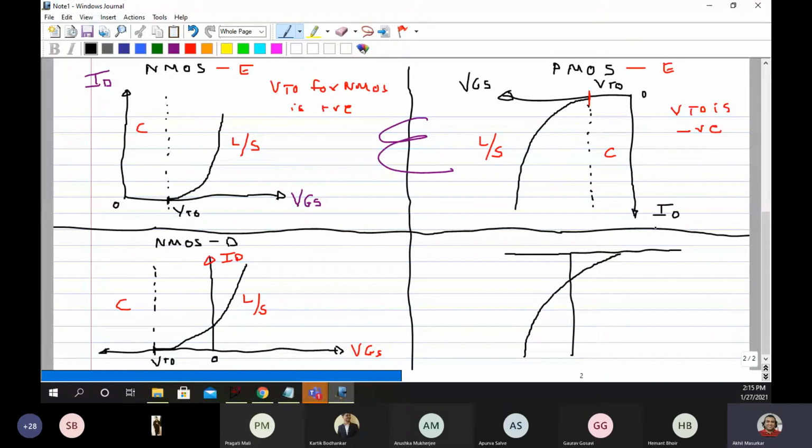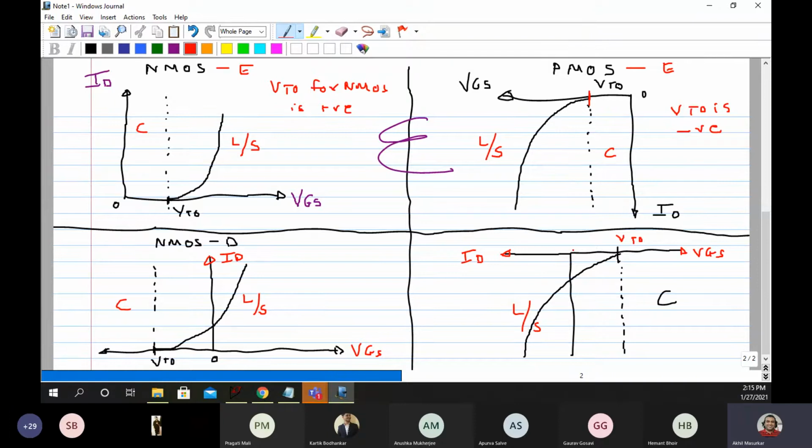So the characteristics just shift. This side is cutoff and here we have linear and saturation. Please draw these characteristics because this is what we are going to see.